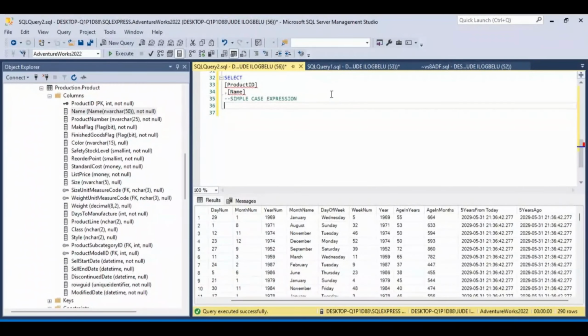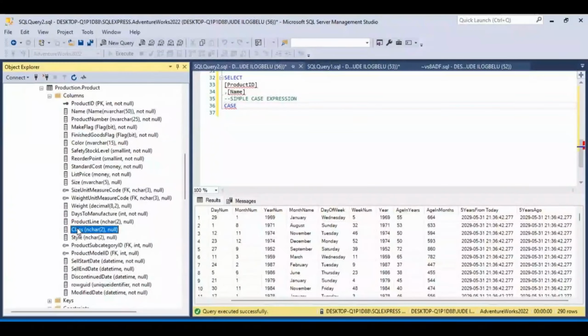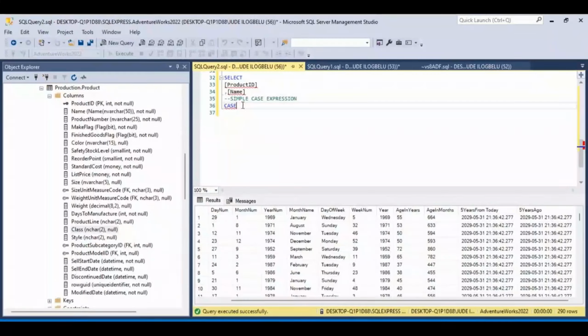We now start with our case. Remember, it's case we're looking at. And what case are we using? We're looking at the class. That's the first case we want to look at. We'll come and pick up our class, Ctrl C, and we put it here. We want to have a case with the class. So we'll now say